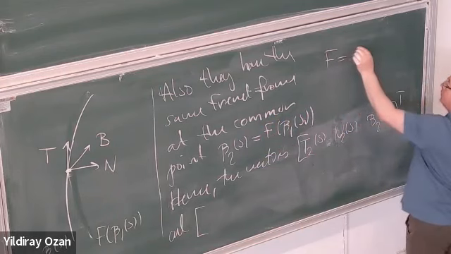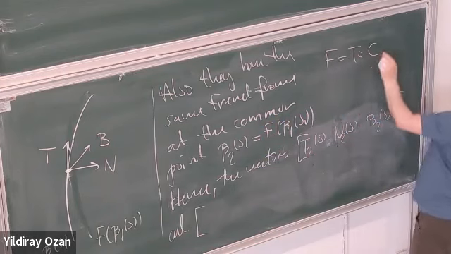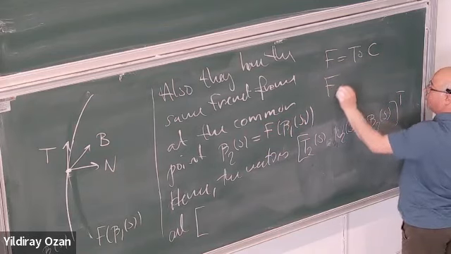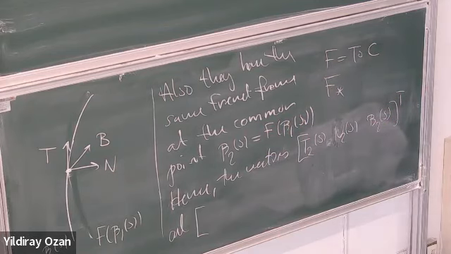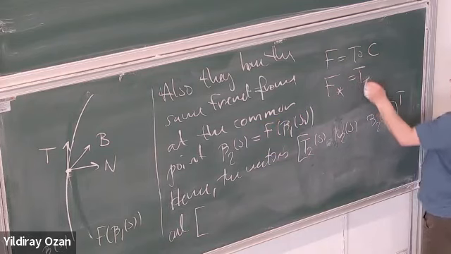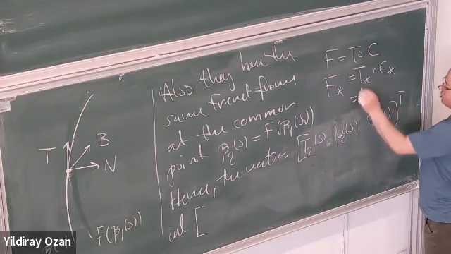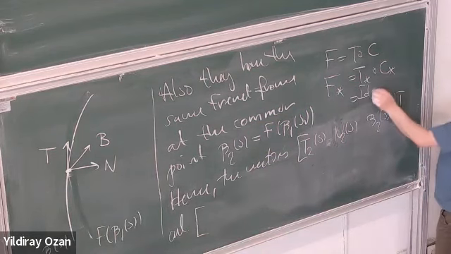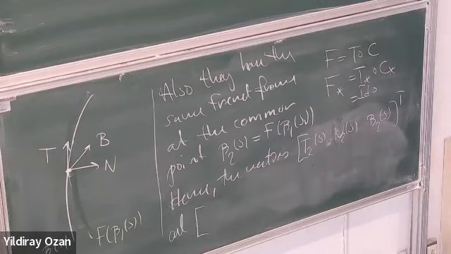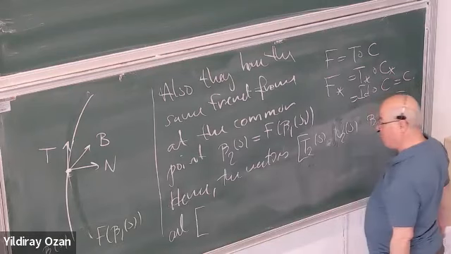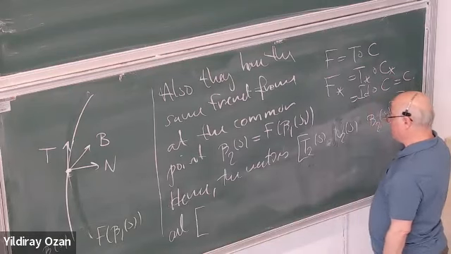F was T composition C. Its differential is just this. The differential of a translation is just the identity. The differential of C, which is a linear map, is the same as itself, so it is just C. So this is